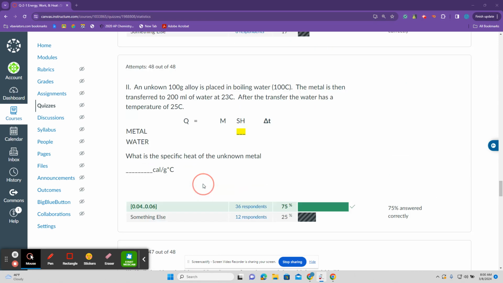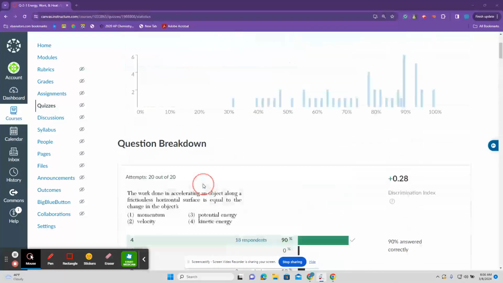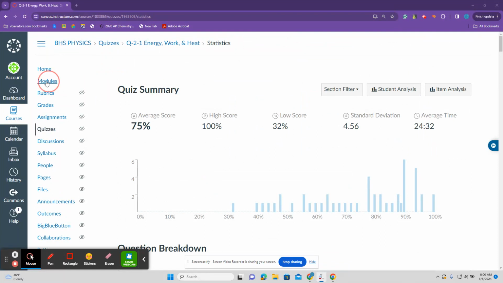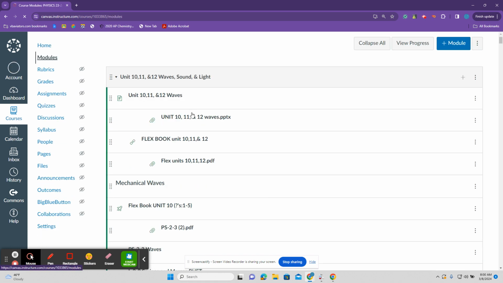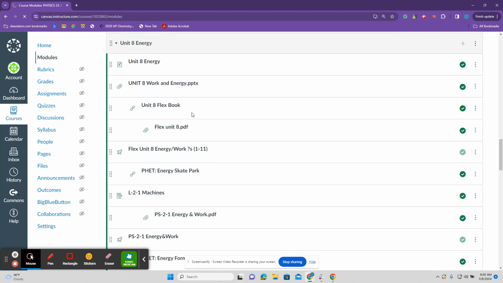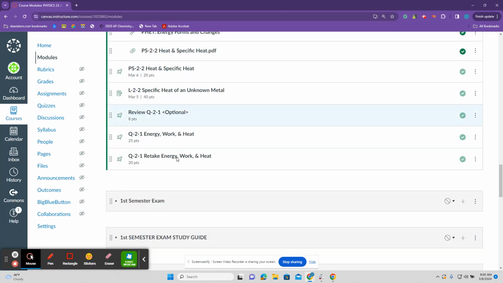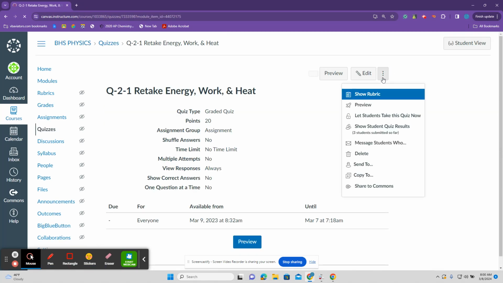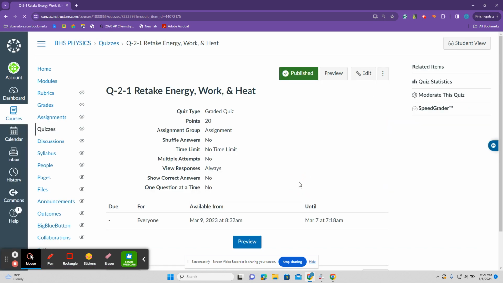Okay, so the retake is up and available. I'm going to go ahead and unlock it right now. I'm going to walk you through that so you can see that I'm actually doing it and where to find the retake. So we'll click modules here. Come on, BHS. Well, I had hoped. Oh, there we go. Let's go down here to, oh, this is all the new stuff. There we go, retake. And I'm going to go ahead and unlock it. Now, as I kind of